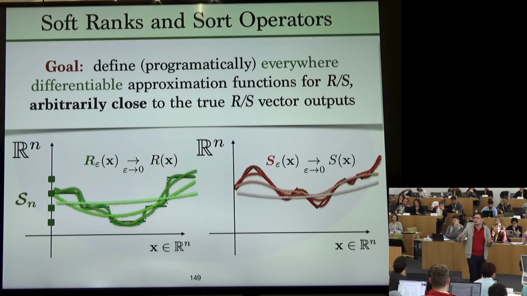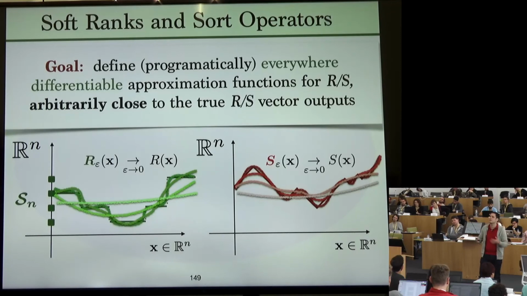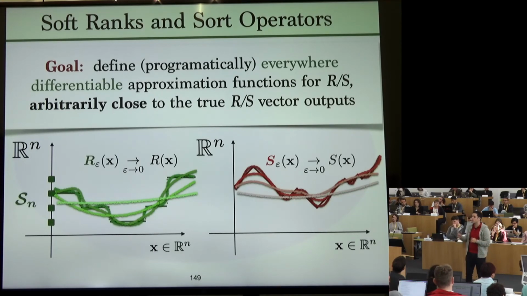The goal is to have those curves where, when epsilon goes to infinity with a lot of regularization, we get something quite flat. And when epsilon goes to 0, we recover the staircase, the spiked, angled curves. I want to be able to set this parameter epsilon the way I want. And the way we're going to do this,